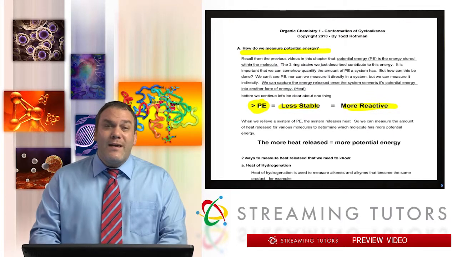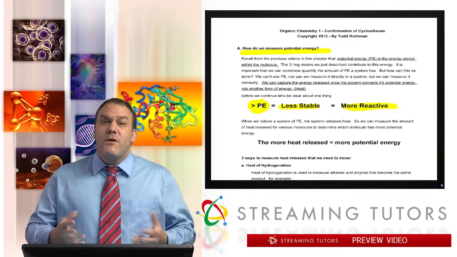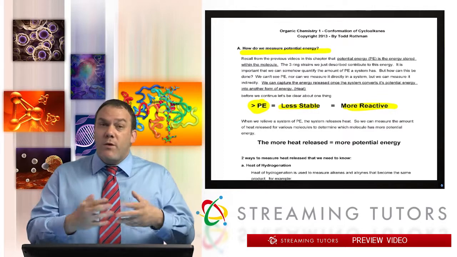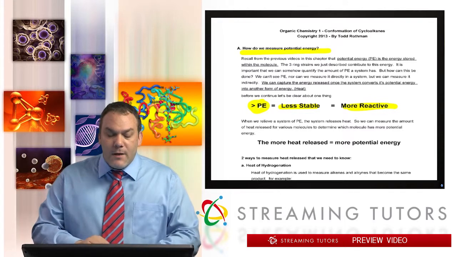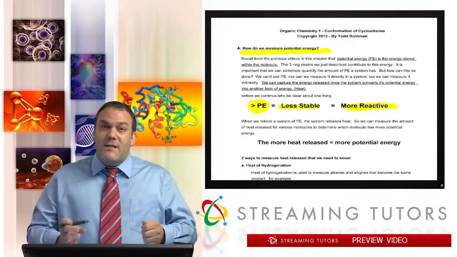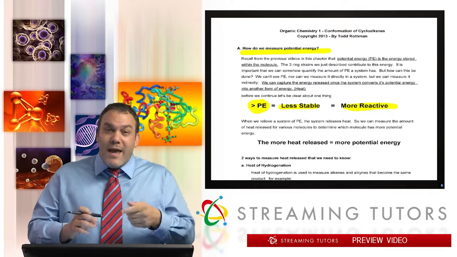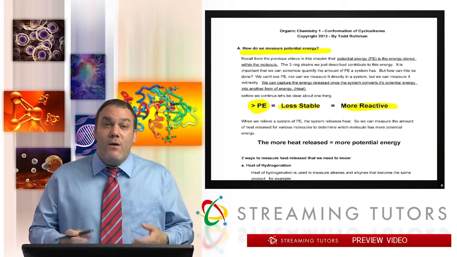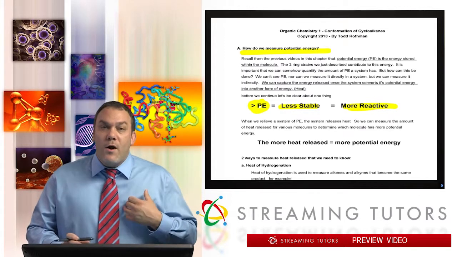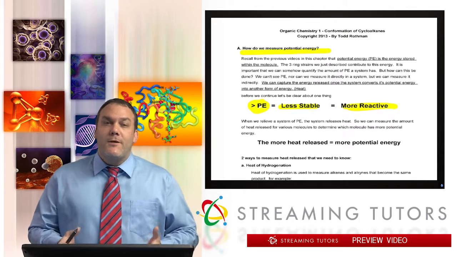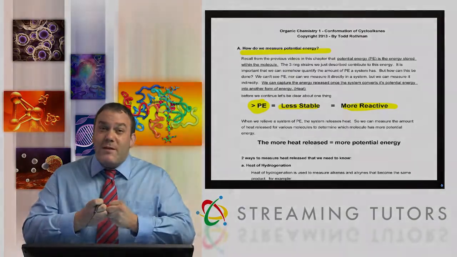So it is important that we can calculate the potential energy of systems. Now, just getting a rough generalization of, is this more reactive than that one? Or which one is more likely to have a higher energy state as is? We'll have to use tools to figure that out. Now, here's the problem. Potential energy is not something that we can directly measure. We can't see it, and we can't run experiments on it. You can't go in there and ask the bonds, how much energy do you have stored inside of you right now? So what we do is indirect analysis. Now, we know that when a system releases its potential energy, it's going to do that by way of heat. So when a system releases its potential